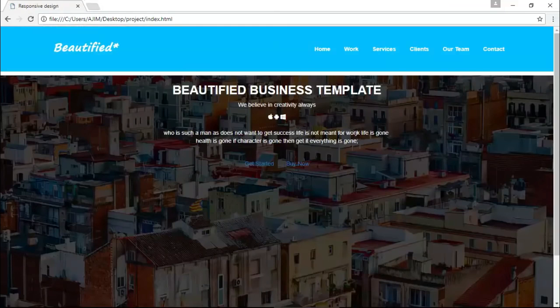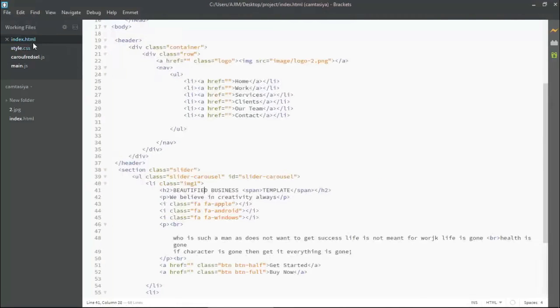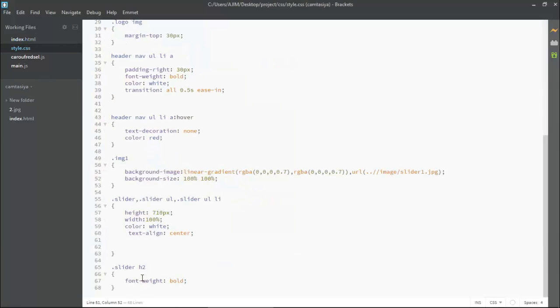It is available inside the span tag. Let me show you. I'm coming back to the index page and you can see here we have a span tag. So inside the span we have template. Now I'm targeting this span with slider, and thereafter this template name will be targeted. Now I am coming to style.css here and scrolling this page a bit down.